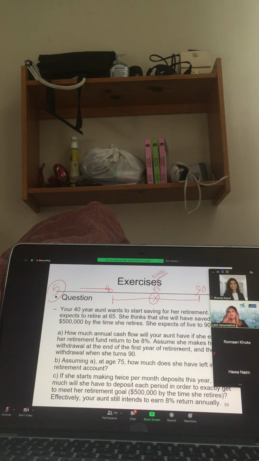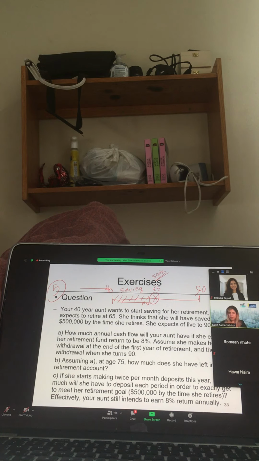Think about it. That $500,000 is a lump sum at 65. Everything before $500,000, that means everything before retirement, is called the saving period. When you are in the saving period or saving zone, your contributions again are an annuity that you're making towards something that becomes a future value. So that $500,000 is the future value for your monthly, yearly contributions, whatever that is.